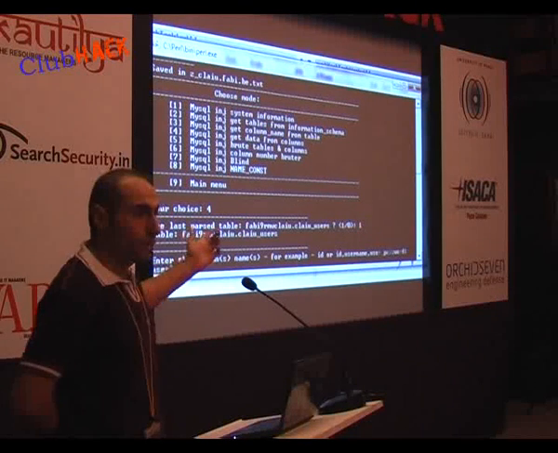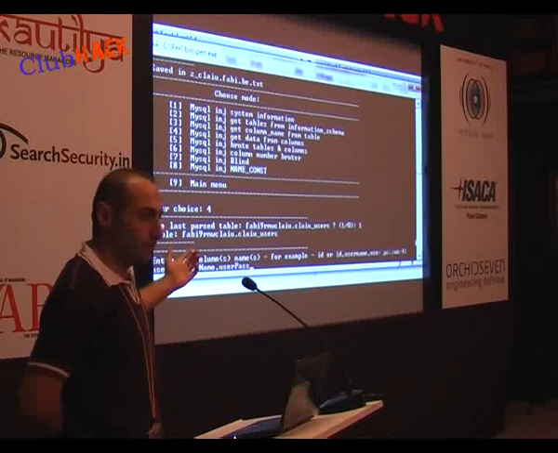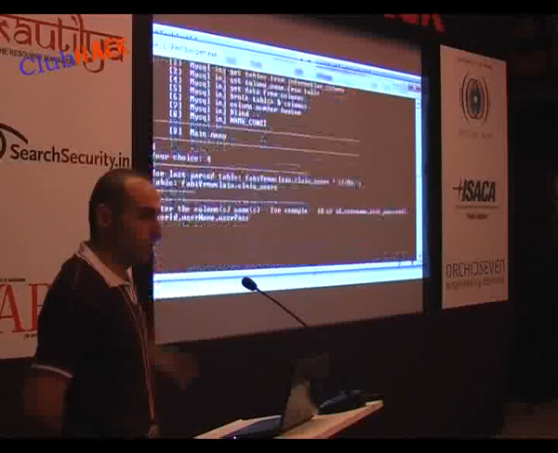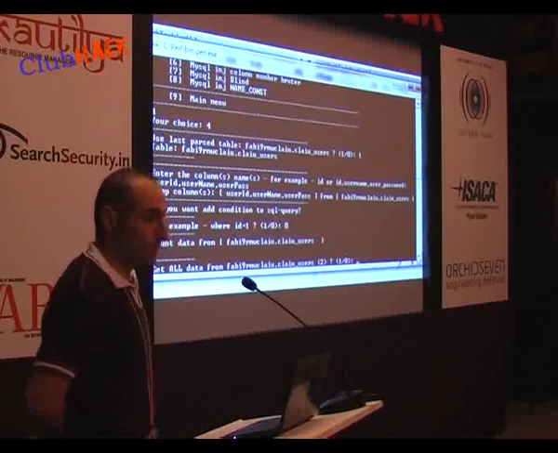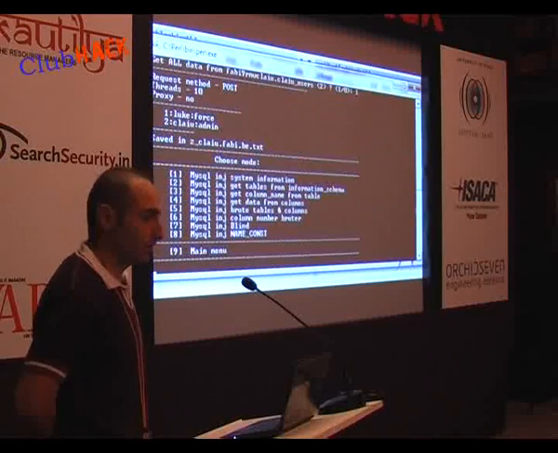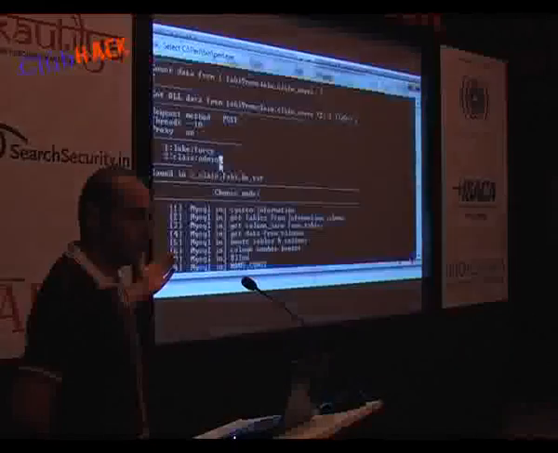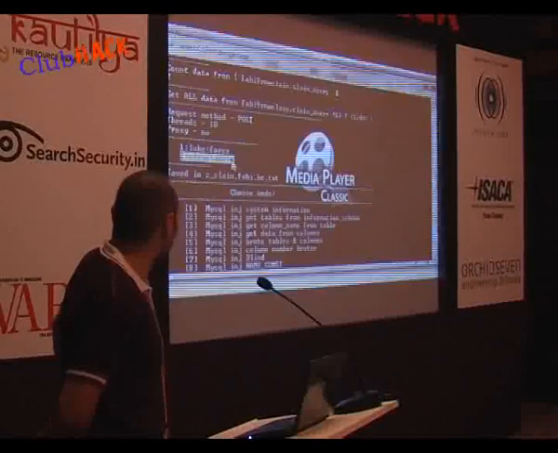There are a lot of features in this, like you may use this script for FTP brute force, for local file inclusion, for remote file inclusion. There are a lot of functions there. Yes, it's for MySQL, and you can use this for MSSQL and Oracle. So these are the username and password for the admin panel.